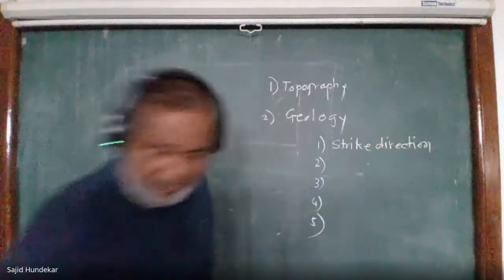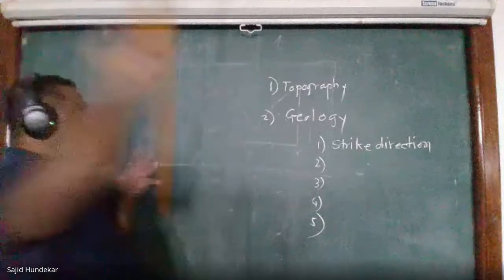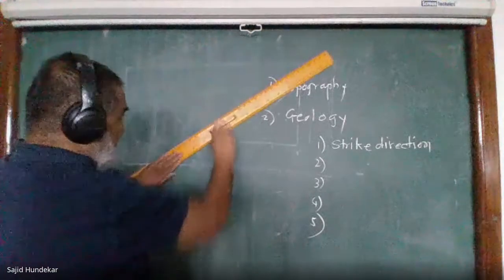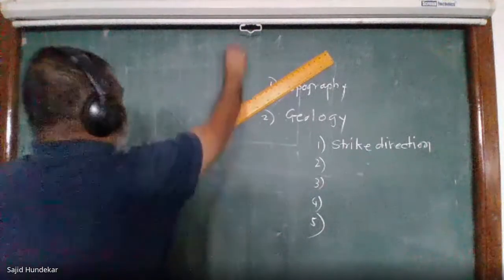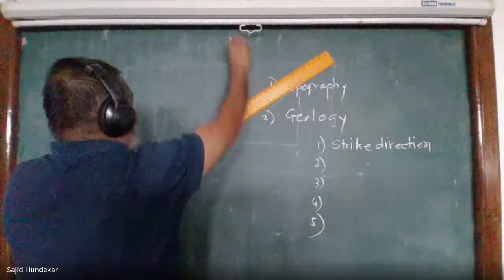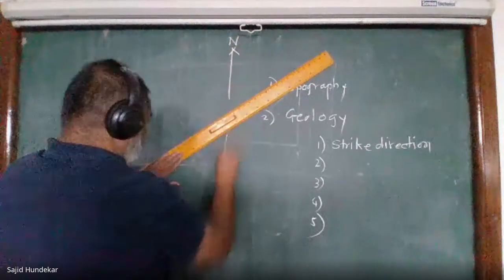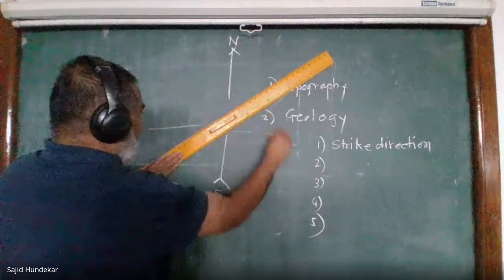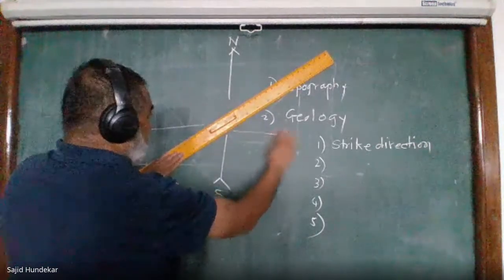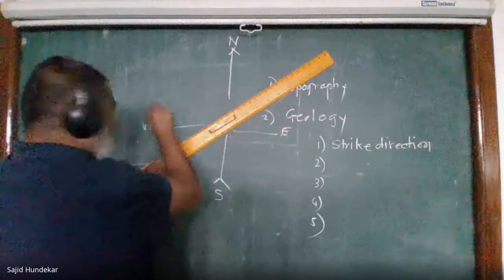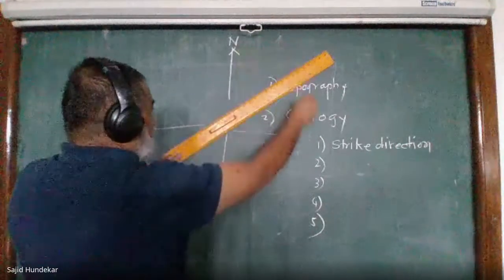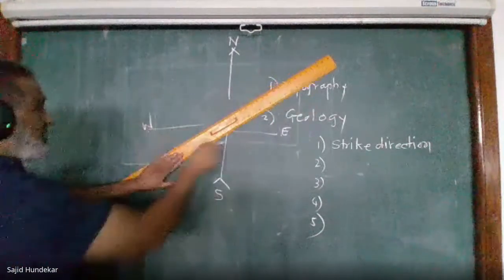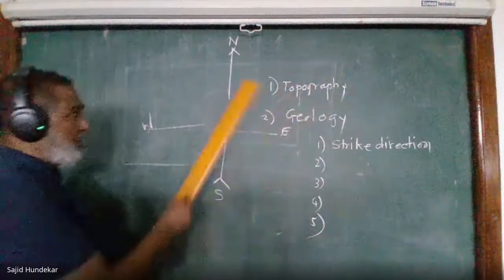What is the side direction? Now I can see. No need to see the map. Here we have the strike lines. So how is it there? This is your map. This is the north. Yes, so north, and this is your south, and this is the west, east, and this is west. So what is there? It is the north, east, and southwest. So your side direction is north, east, southwest.